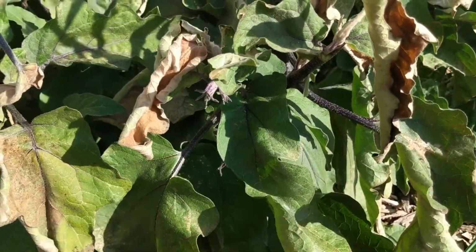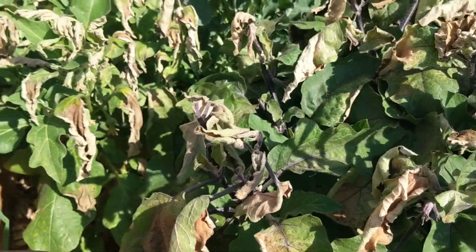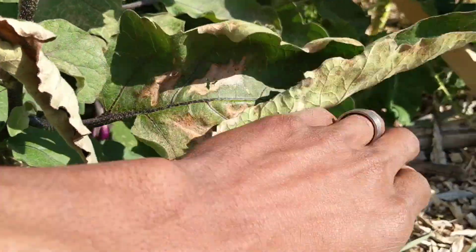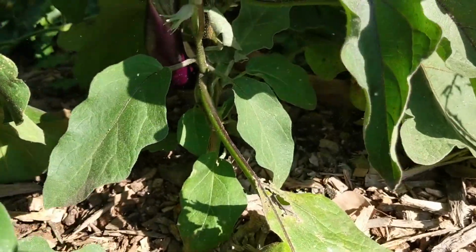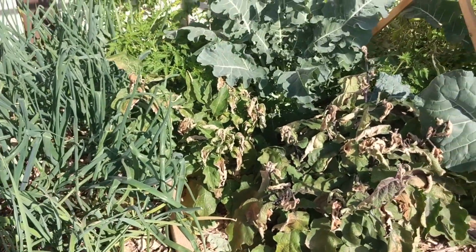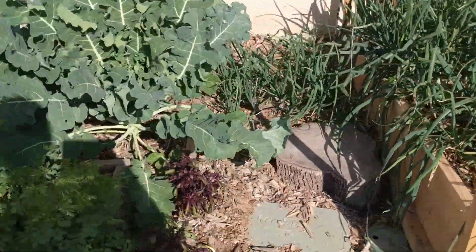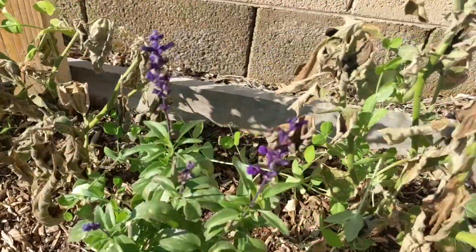I don't really care too much about production over winter, so maybe I can let these live till next year and they'll still be here. That'd be cool. They're still fruiting. So I left a few smaller eggplants on them. All the white flies in there. Freaking white flies. So frost is kind of bad here. Not too bad, but let me show you the other side of how frost got this too. I picked off most of the eggplants and left a couple, but